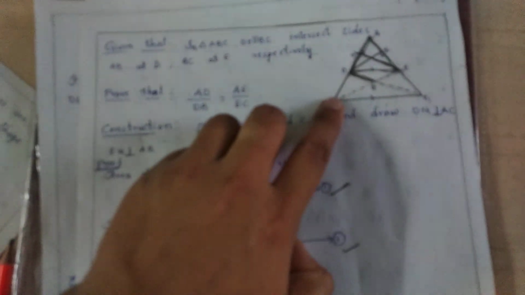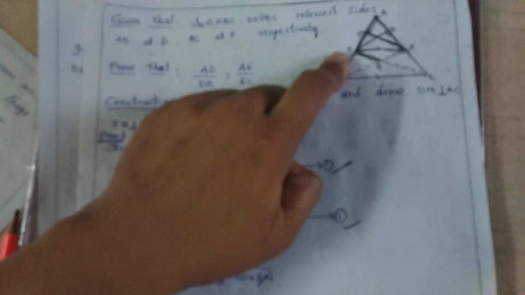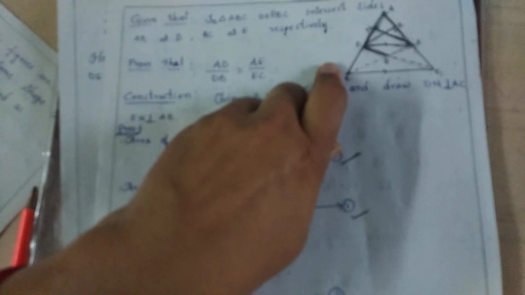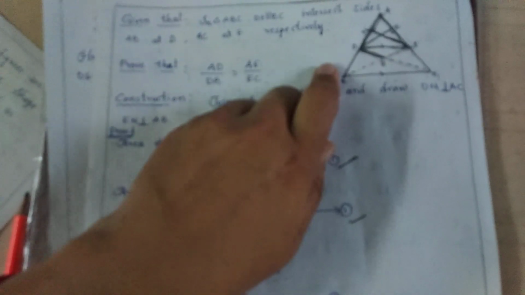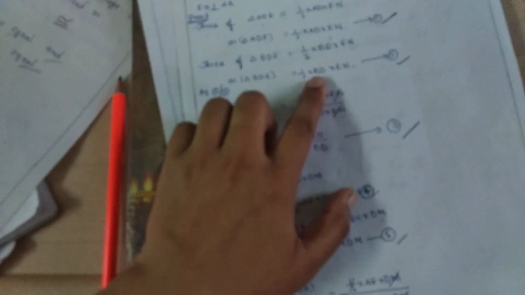Next, area of triangle BDE. Look here, triangle BDE. The base is BD, and the height is the same. Two lines are intersecting here: OD is parallel to EN, so the height OD equals EN. So the area is half BD into EN. Children, write this as equation number 2.